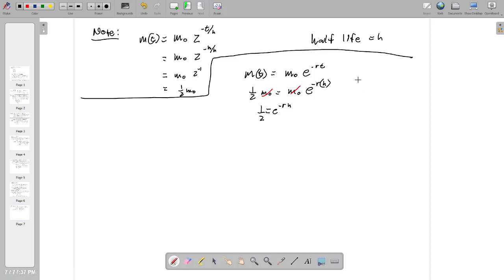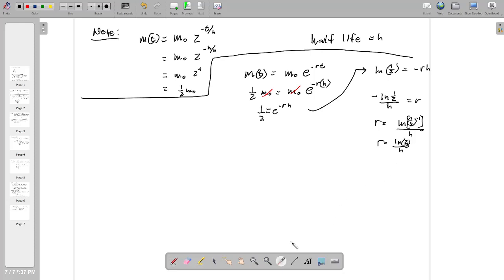So I take the ln of both sides, and I get ln of 1/2 is equal to negative rh, and then I just divide by h. I divide by a negative h, so I end up with negative ln 1/2 divided by h equals r. Now, what I want to do next is move this negative to be a power on the 1/2, which will then be r is equal to ln of 1/2 to the negative 1 power, all divided by h. And if you remember what a negative power does, it'll flip the fraction. So we'll end up with r is equal to ln of 2 divided by h, where h is the half-life